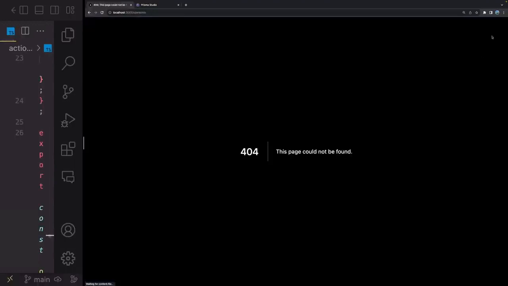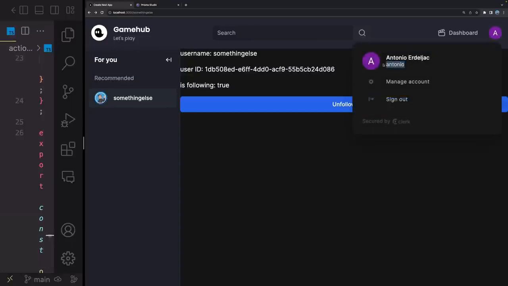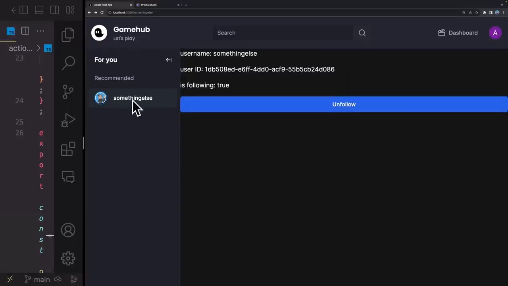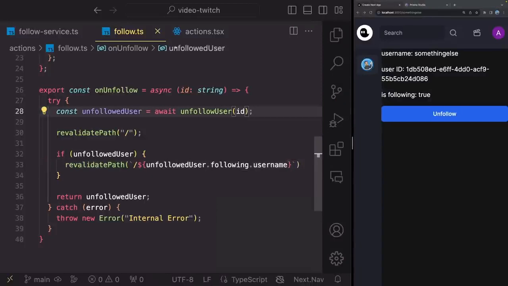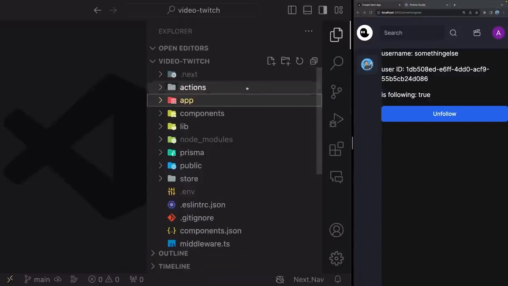So I'm logged in, as you can see, I'm logged in here with a user called Antonio, and in my sidebar I have another user. So just make sure you have at least 2 users so you can actually see the effect of what we are going to build. So the first thing I want to do is I want to go back inside of